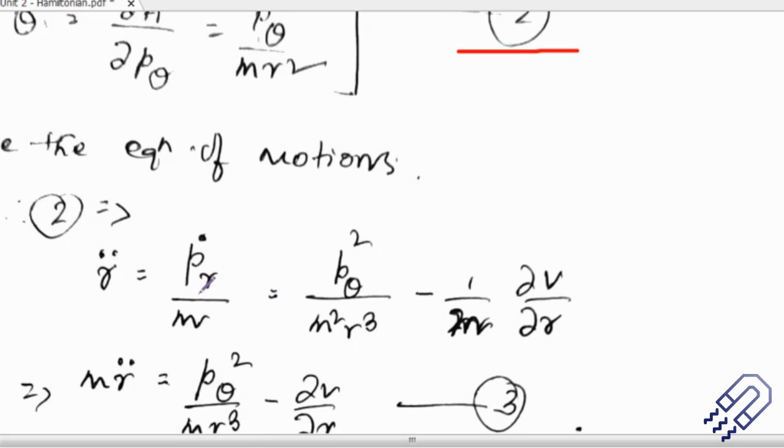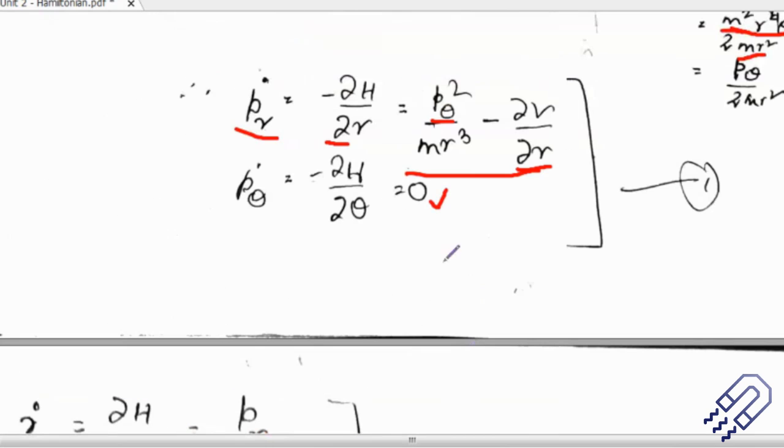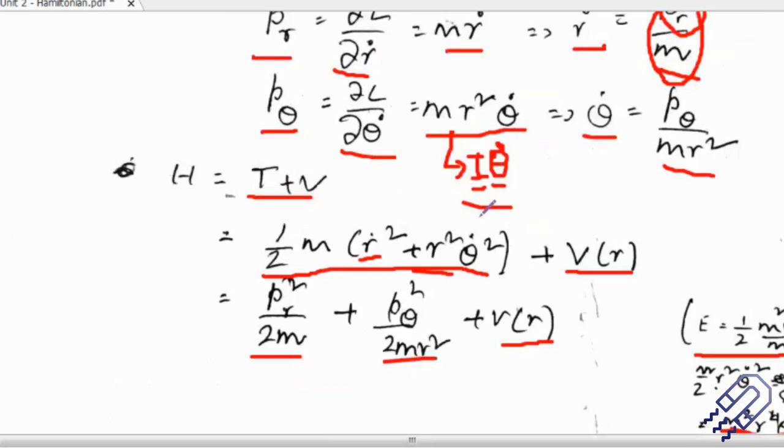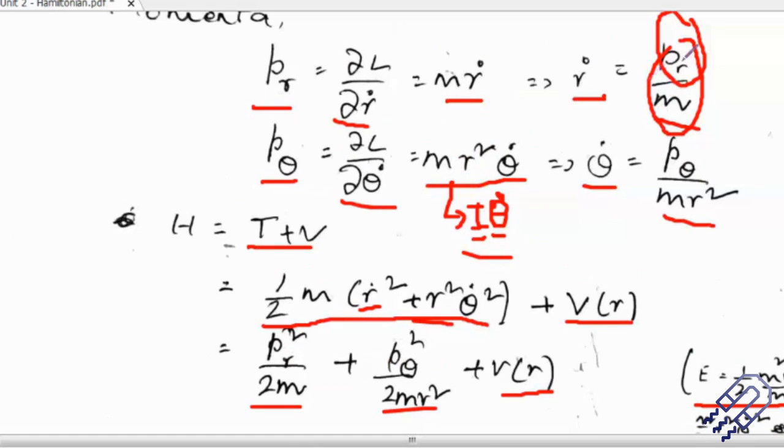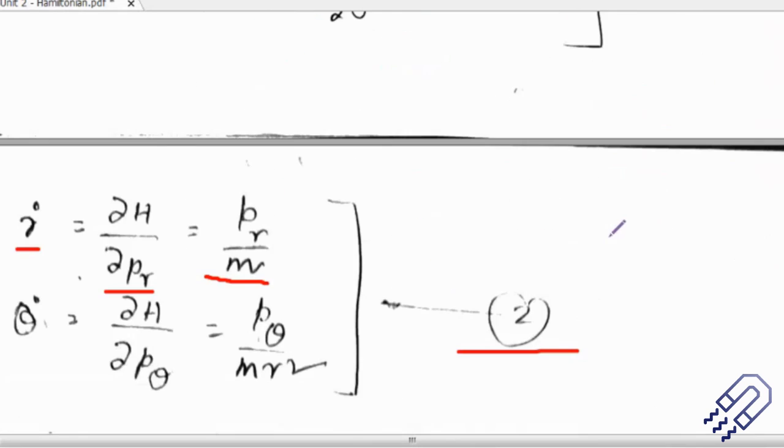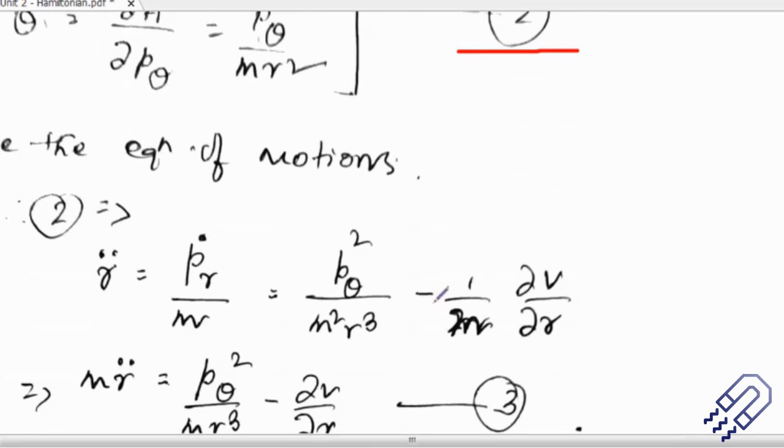So this pr dot divided by m, how can you write it? So check where we have pr dot by m. Say this: pr divided by m, r dot is pr dot divided by m, right? And then what we do here is this. If you replace the equations correctly, this is p theta square divided by m square r cubed,